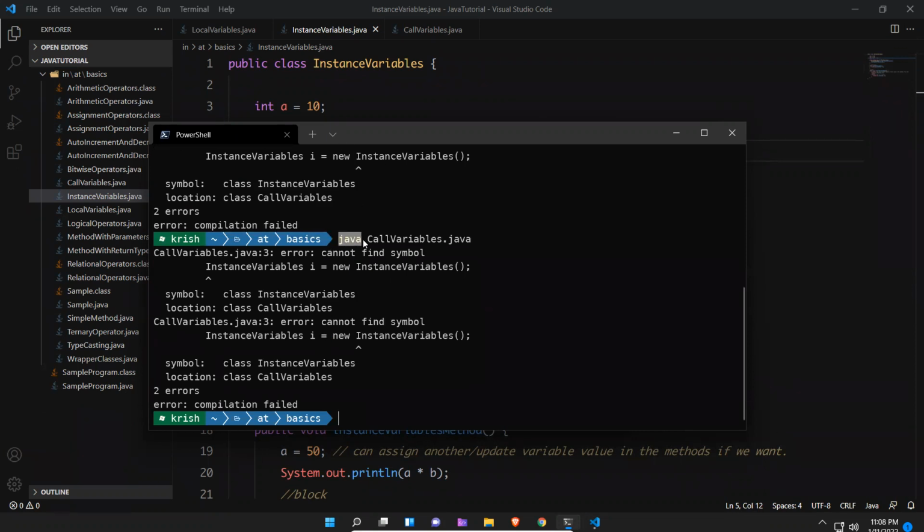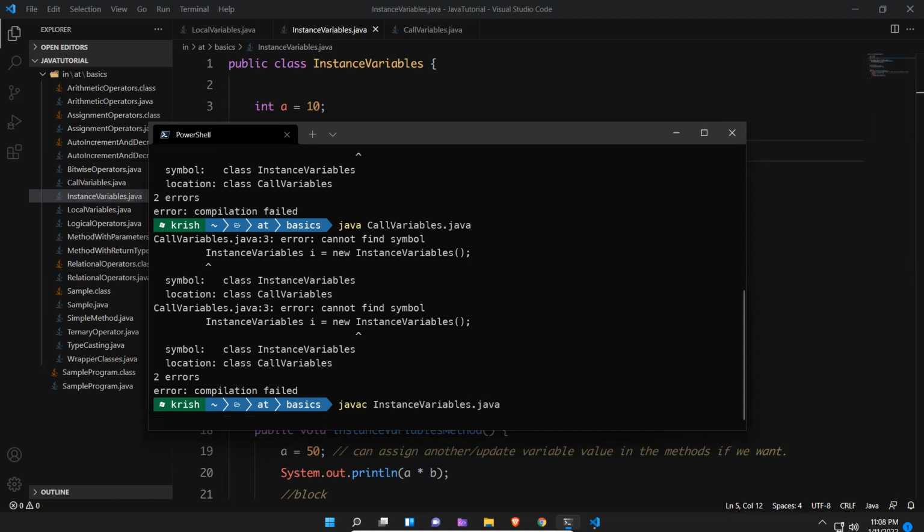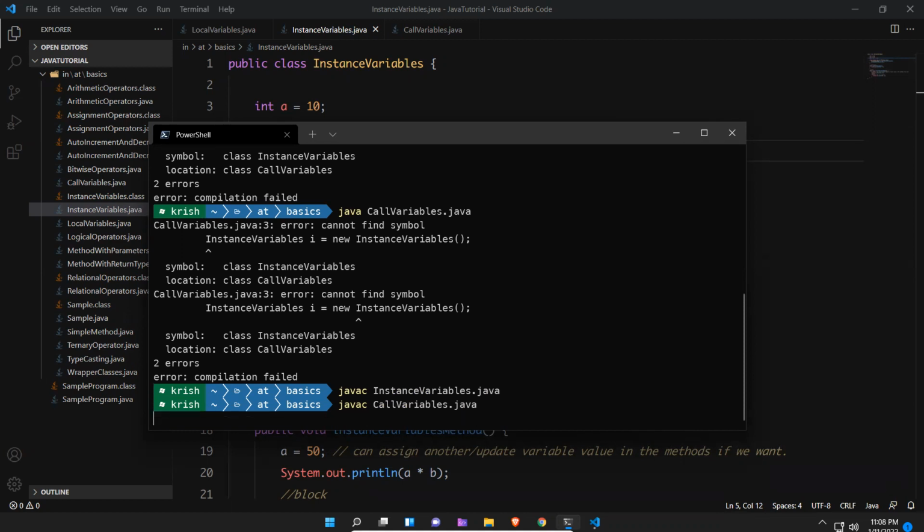We have seen this with a single class, but if you're calling from another class, I think we need to compile once. I don't know if this is a limitation, but I'll run javac InstanceVariables.java, then again javac CallVariables.java. I'll compile this one again, and now I'm not getting any error.